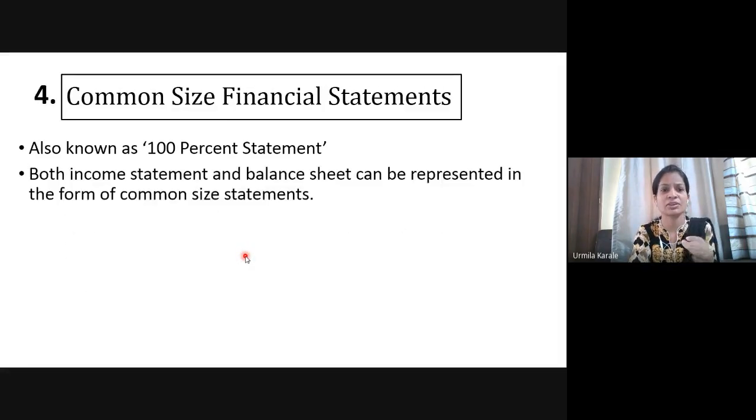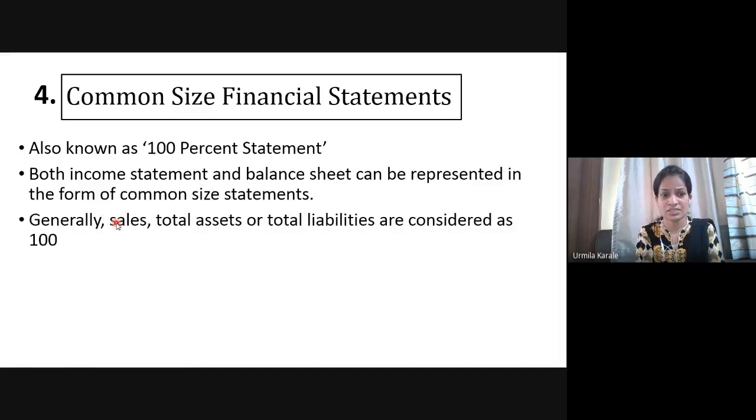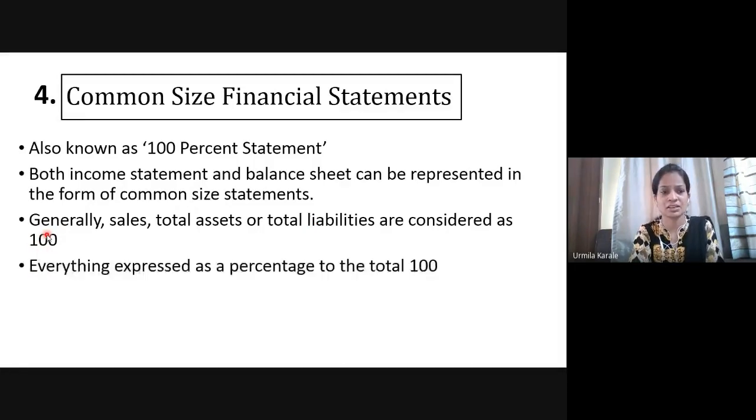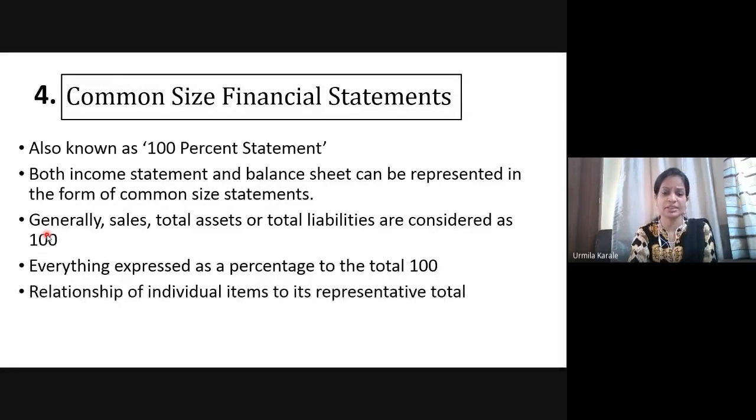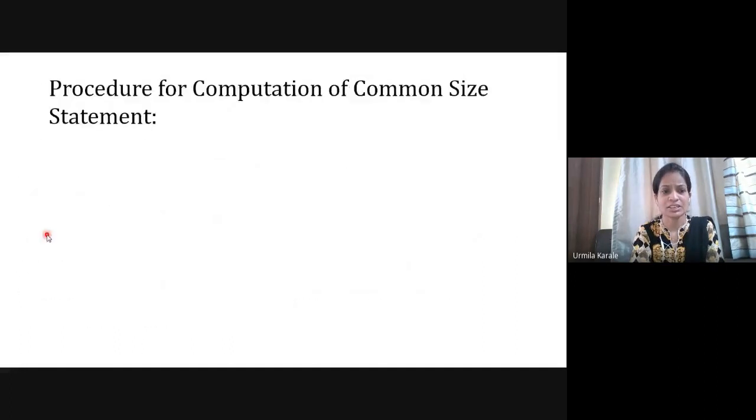Next tool is the common size statement, where we are going to convert all the things into a proportion of 100 of the main element. Normally we assign a value of 100 to sales, total assets and total liabilities, and then we find out how much the other elements are compared with that 100, right? That is the reason why it is also called a percentage statement. We will be studying the relationship between different elements of the balance sheet and profit and loss account in the case of a common size statement. So it creates better understanding.